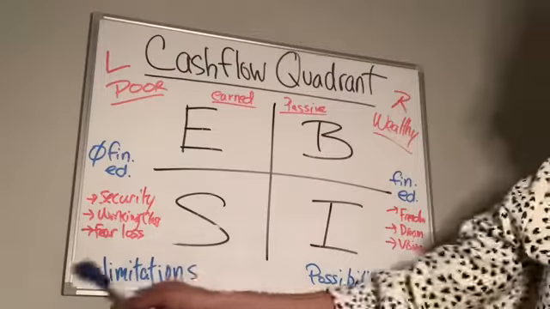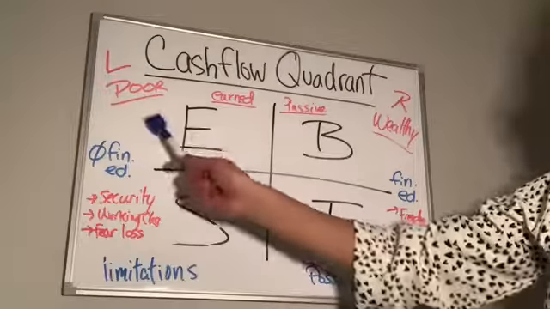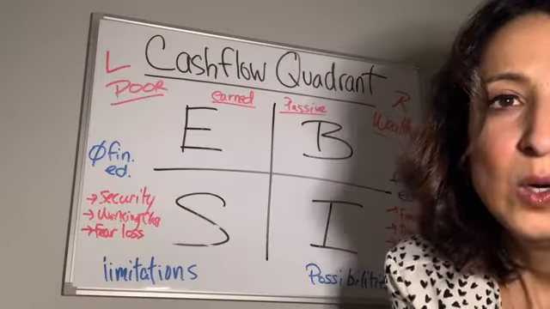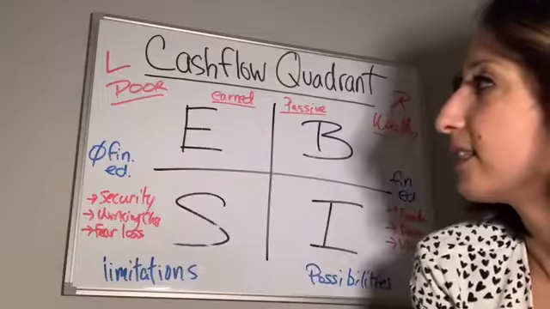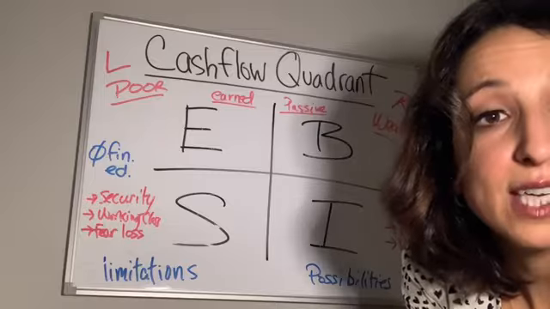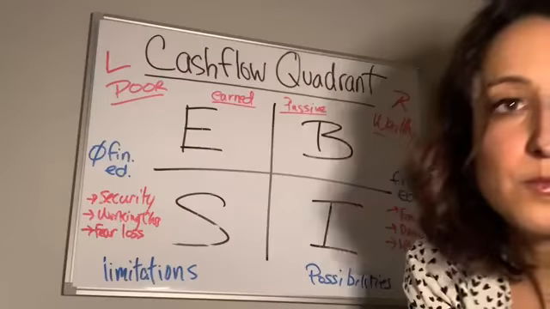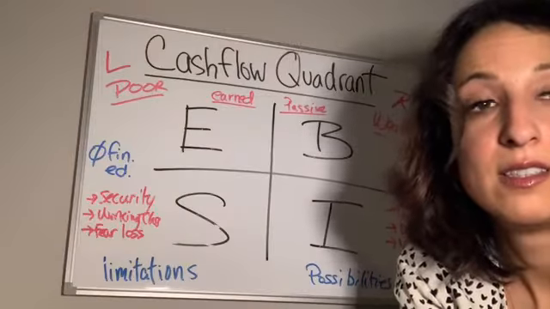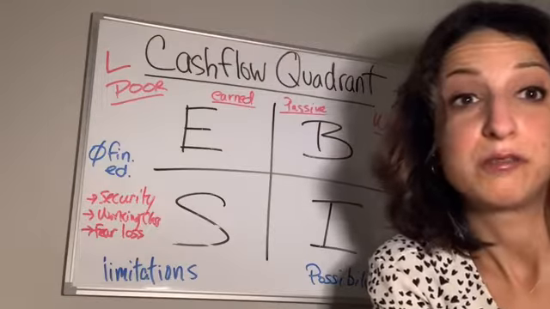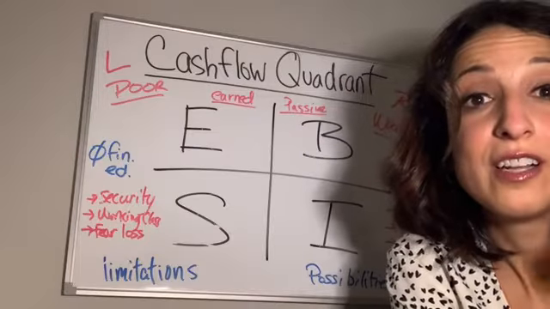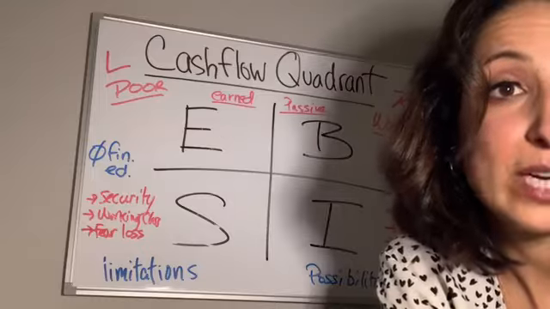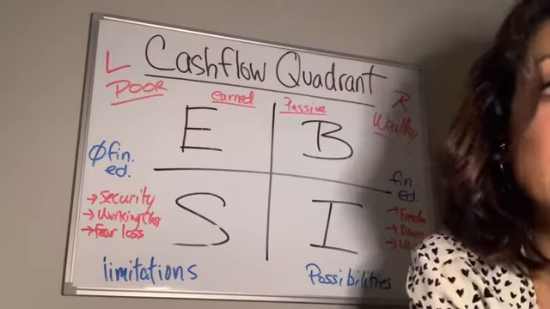So there are certain limitations when it comes to the left side versus the right side. One of the reasons why it's pretty hard to get rich on the left side of the quadrant is that as an employee, you're getting taxed at the highest level. So even though you're generating a huge or six-figure income, chances are that a good chunk of that money is actually going towards the government, towards taxes, right? We've talked about this when I was talking about earned income versus passive income.